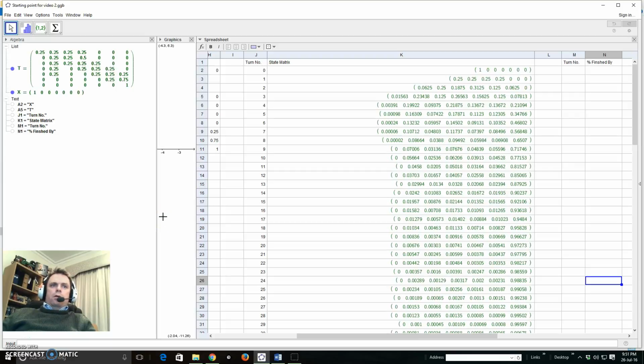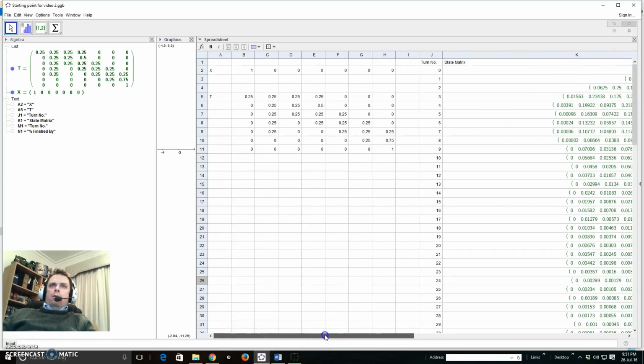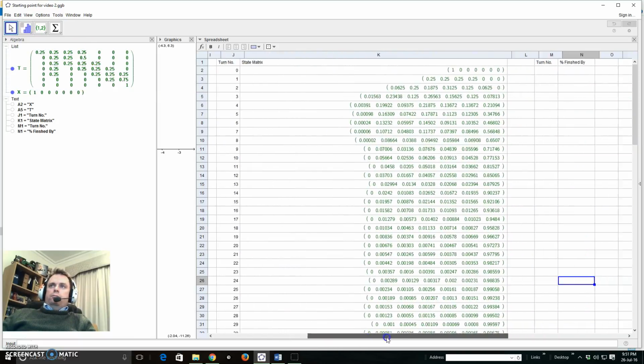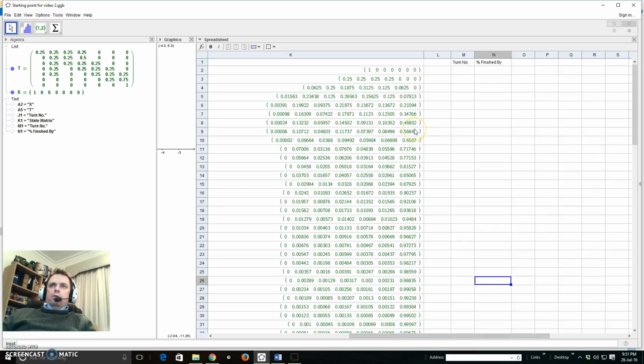Okay, welcome to video number 2 for the Snakes and Ladders video investigation. In video 1 we produced our state matrices here. Over on the left here in the algebra view we've got our initial state matrix and our transition matrix. What we want to do now is produce a graph